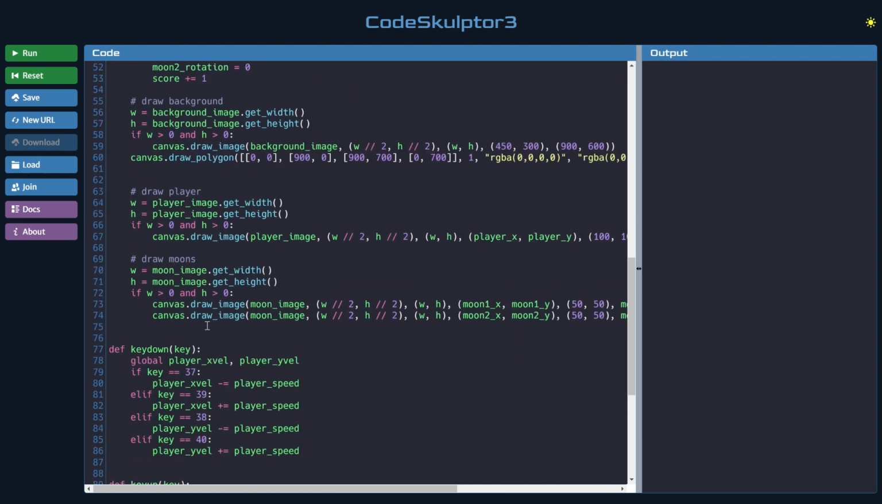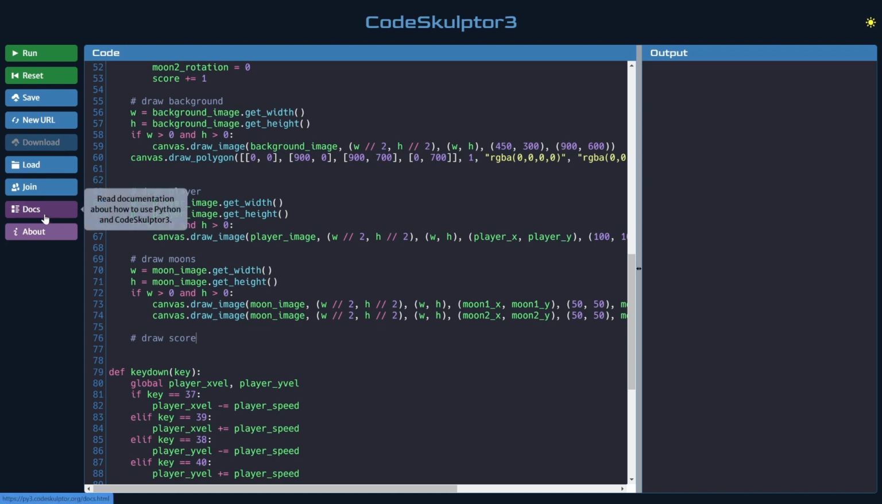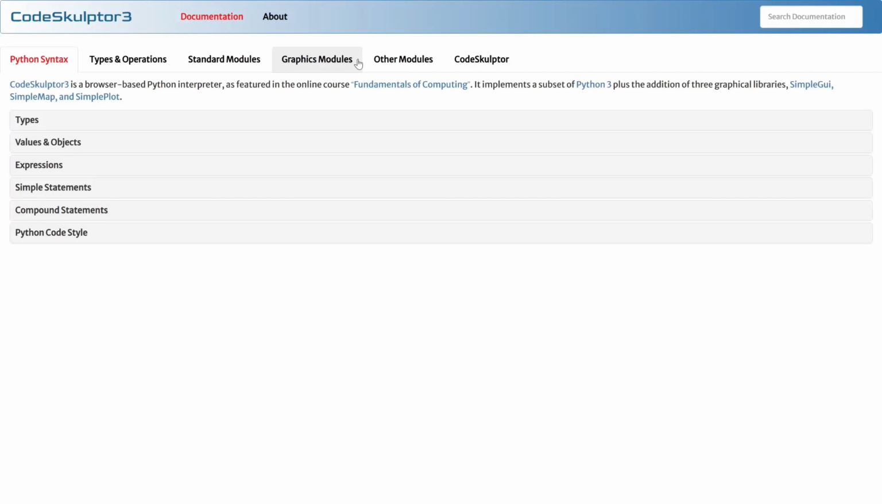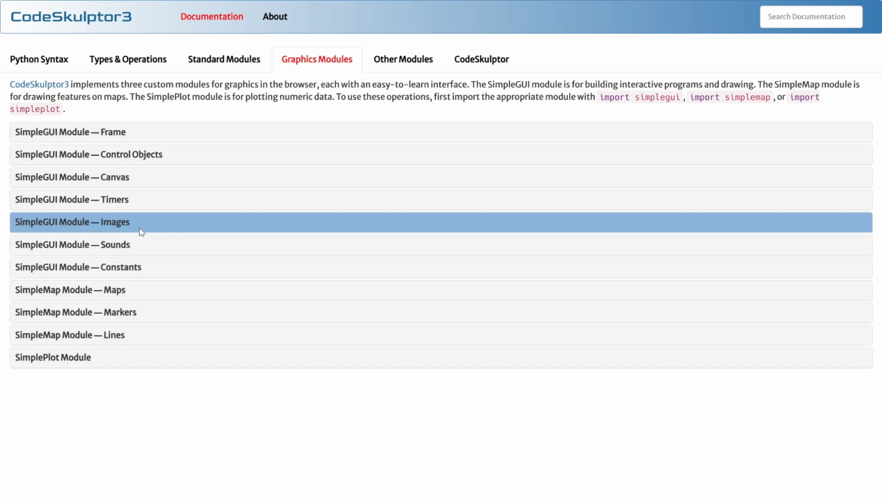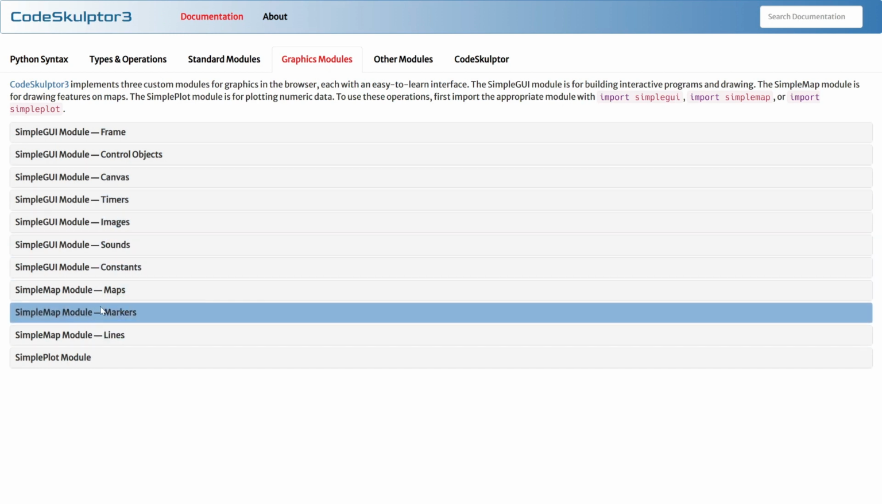Now, I want the score drawn on top of everything. I don't want it to go behind players or moons or anything like that. So let's say draw score. Okay, and again, you can go and look in the documentation to see how to draw text on the screen. It's in the graphics modules, and I think it is in